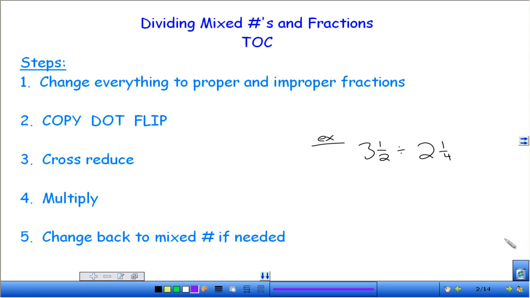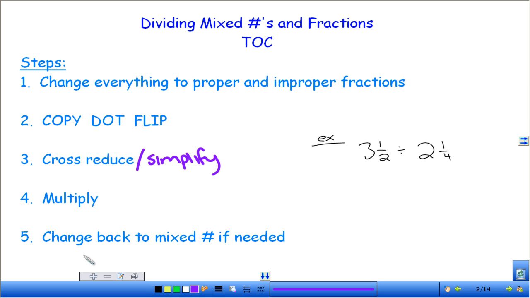Step 2, because we're dividing, we have to do copy dot flip. So remember, we copy the first fraction, we change our division to multiplication, and we flip the last fraction. And then step 3 and 4 is just multiply, so we cross reduce or we cross simplify, whichever way you want to think of this. If you want to write down simplify, do that. It's the same thing. And then we multiply straight across, multiply your numerators, multiply your denominators,